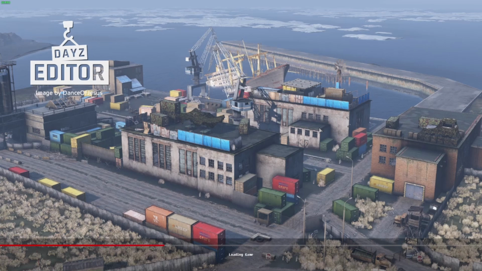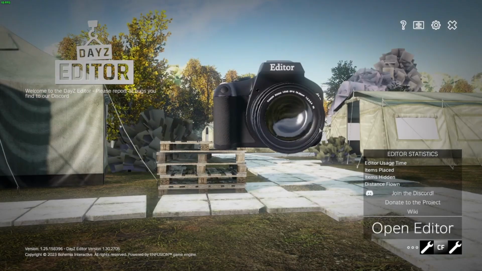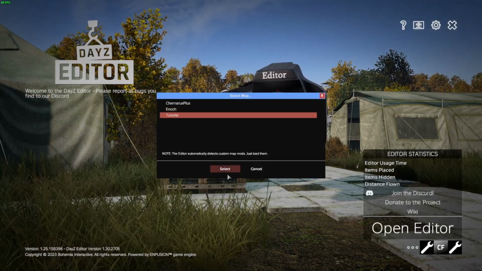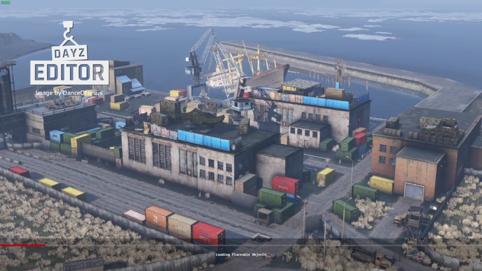Or if you have just little spots, that's when I would use DayZ Editor to go in and place trees and stuff how you want. I just feel like the controls for DayZ Editor are a lot easier for people. And I mean, shoot, for me too. But we're going to go in and see what we've done.